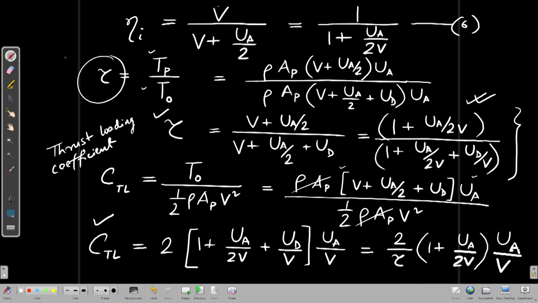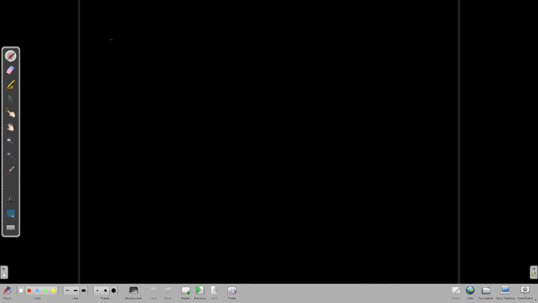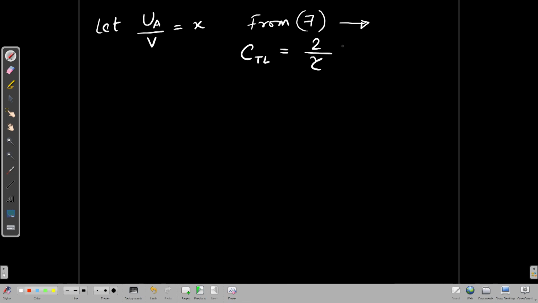Now, as a final expression, we will relate the thrust loading coefficient of this ducted propeller unit to the ideal efficiency that is obtained in equation 6. So, this is 7. We will use this relation 7 to get the relation between CTL and eta I. Let us, for simplicity, assume UA by V equal to x. Then from 7 we can write CTL is 2 by tau into 1 plus x by 2 into x, which gives the equation